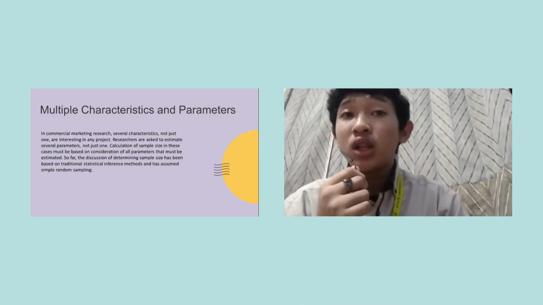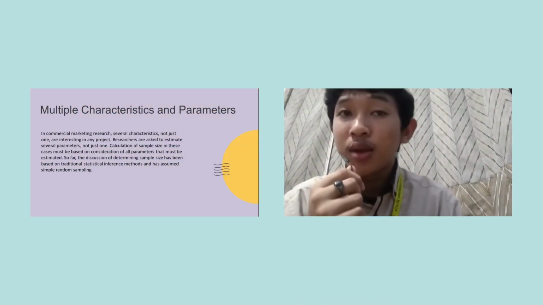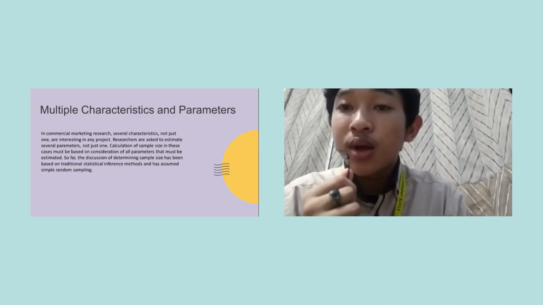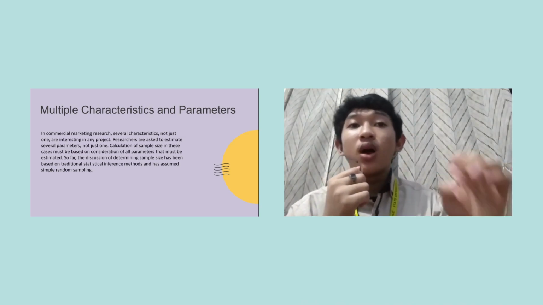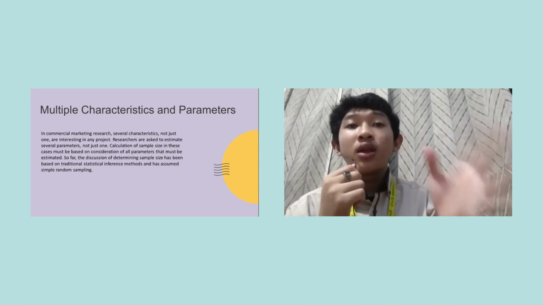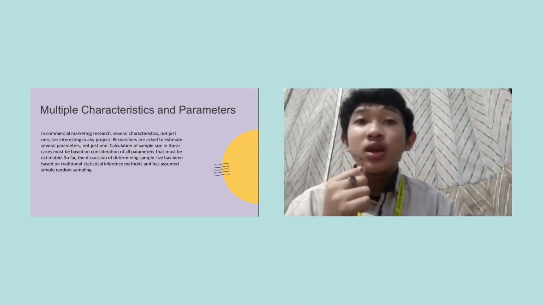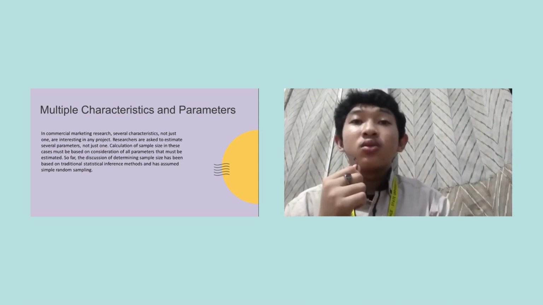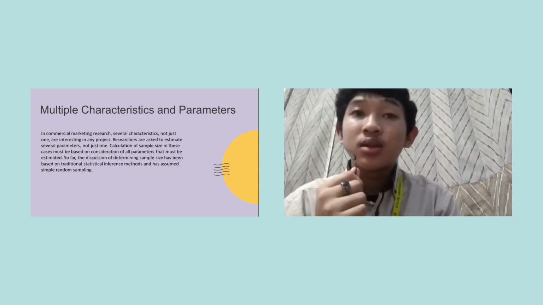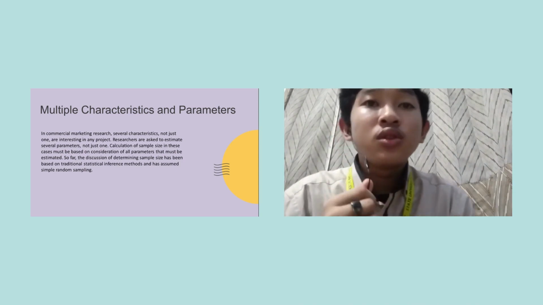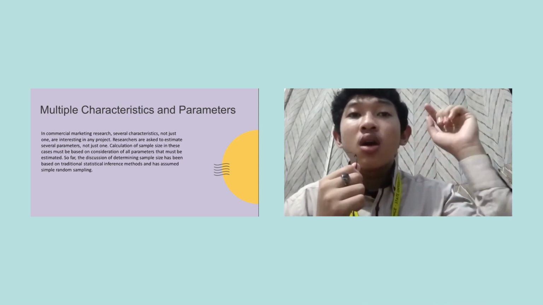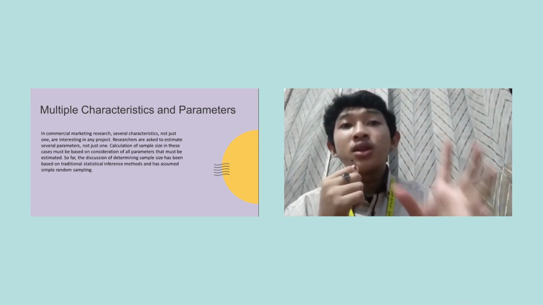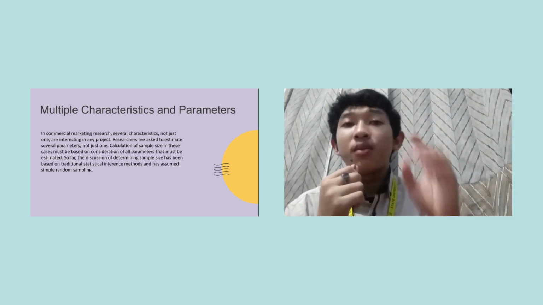Next is multiple characteristics and parameters. In commercial marketing research, several characteristics, not just one, are involved in any project. Researchers are asked to estimate several parameters, not just one. Calculation of sample size in this case must be based on the consideration of all parameters that